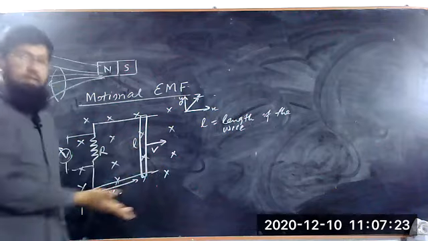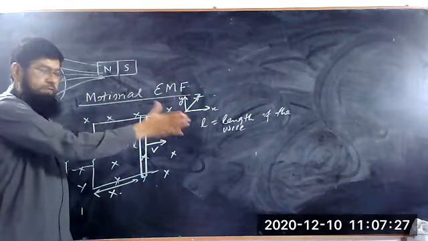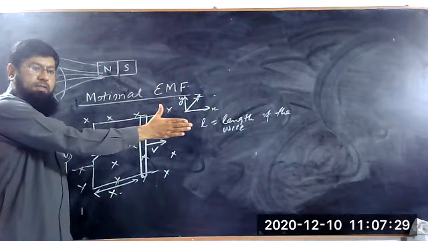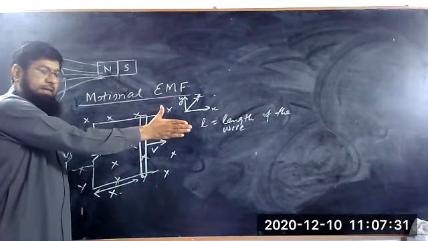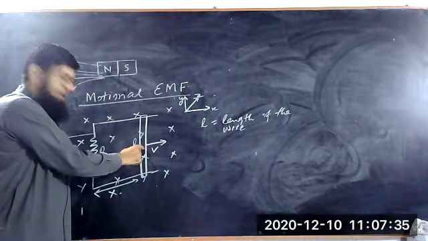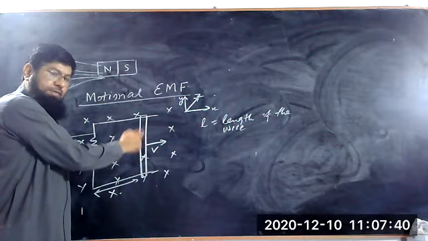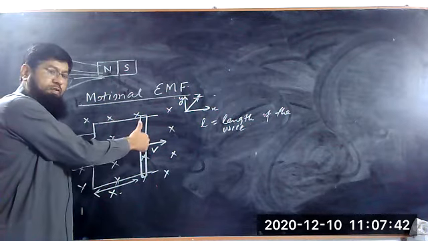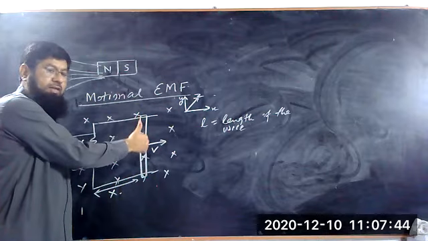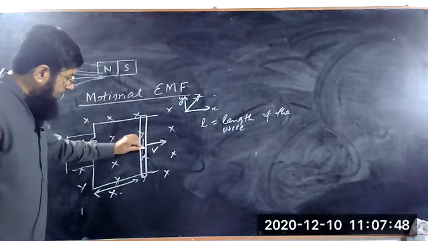So how do we find the direction of the force? This is v, the right hand. This is v. v cross B is the force. With v to the right and B inside, the force is upward. It means all the electrons within the wire will experience a force, and the direction of force is upward, but because the electron is negative, the direction of the force is in the downward direction.